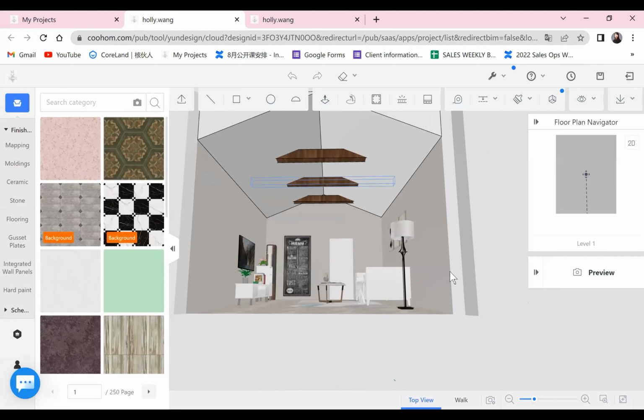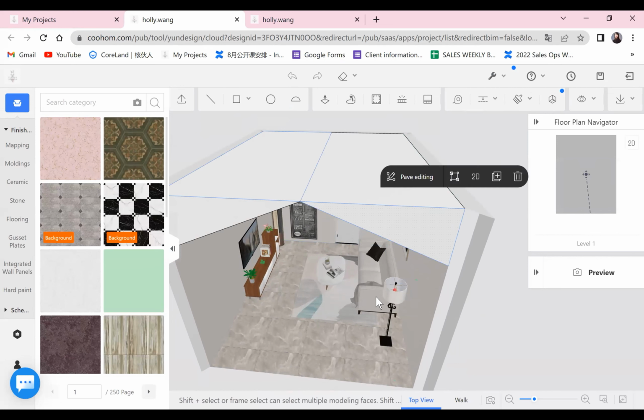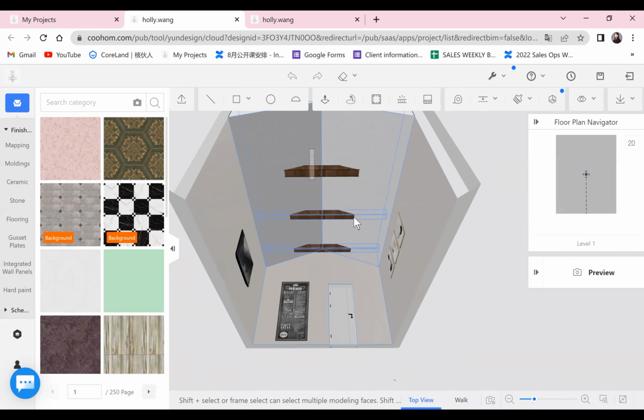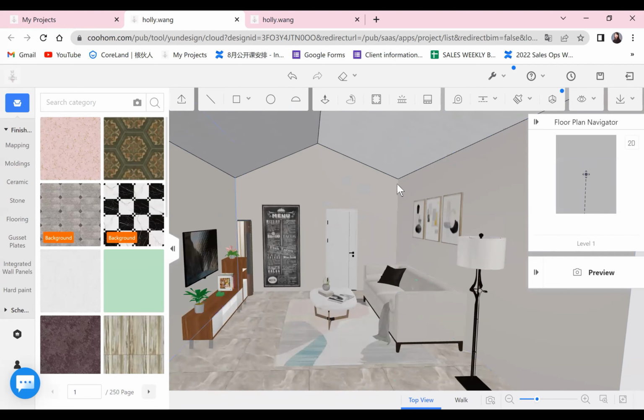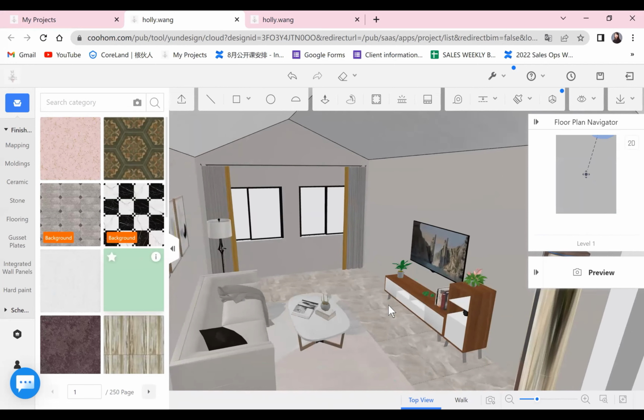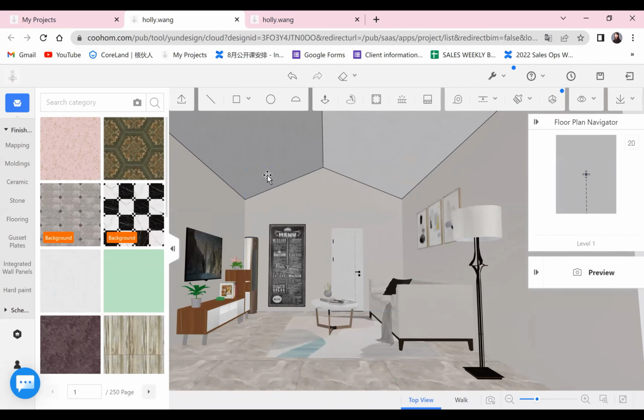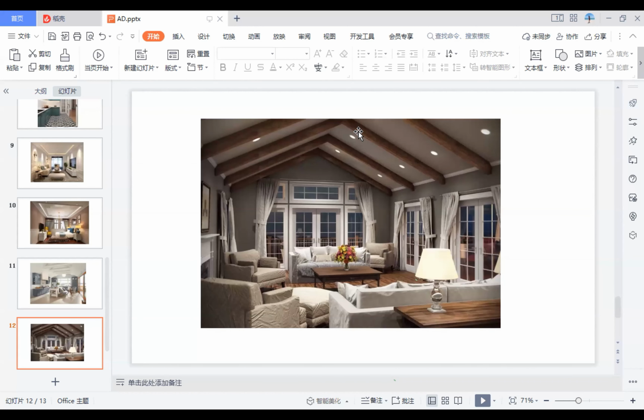And I will leave these two parts, okay? I will only delete the beam. Delete it, okay? So I will leave this one right here like this. And how can we draw the beam like this one in the picture?